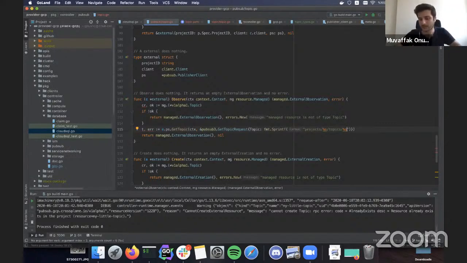This is so constant, it's never going to change. It's not worth the redirection of calling another function, because humans are going to read this, and you don't want to click to another function just to see how it looks for such a simple thing. So what it expects is project ID and external name.